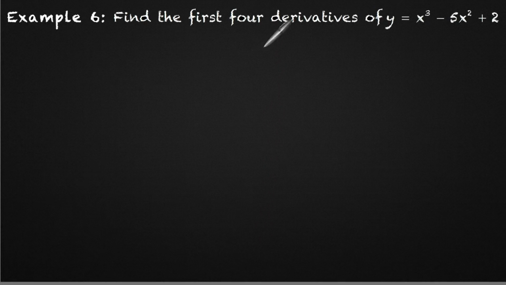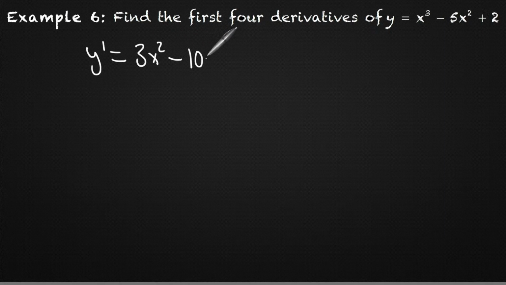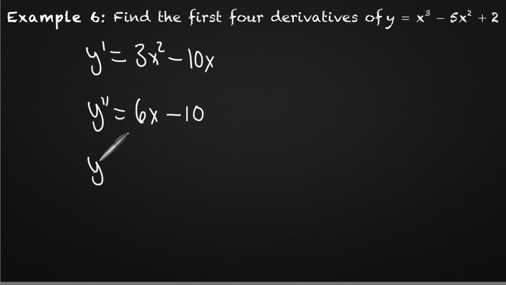Example 6 says to find the first 4 derivatives of this function. So we'll write the first one as y prime, and that will be 3x squared minus 10x. And the derivative of 2 is 0. Second derivative, same way, 2 times 3 is 6. Drop the power down. The derivative of any linear function is its slope, so negative 10. And then the third derivative